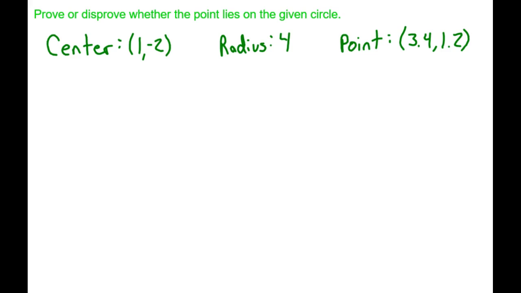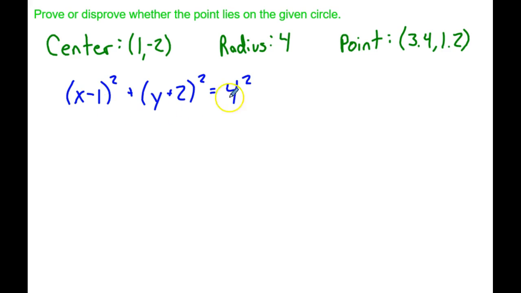The next example we're going to go through is something we've talked about previously a little bit. So we want to prove or disprove whether the point lies on the given circle. So we have the center and radius for the circle. We want to determine whether the point 3.4, 1.2 is a point on this given circle. So the first thing we need to do is use the center and the radius to write the equation for this circle. The equation we get is x minus 1 quantity squared plus y plus 2 quantity squared equal to